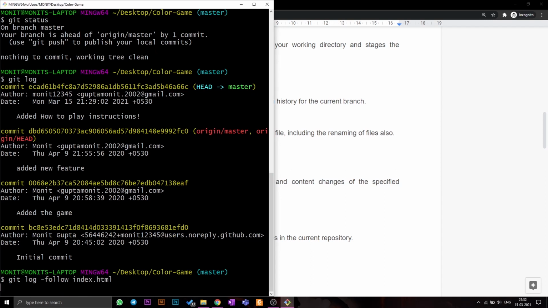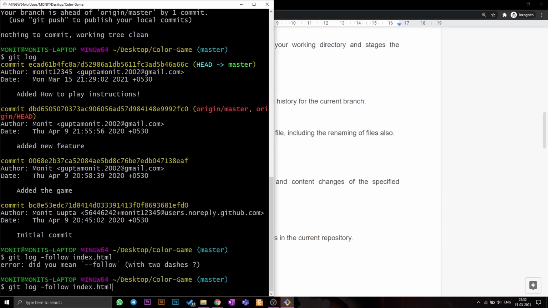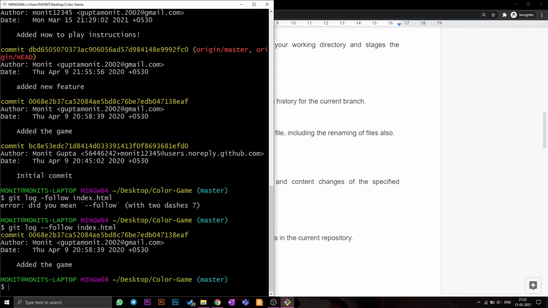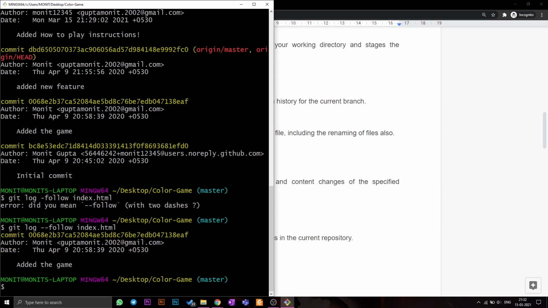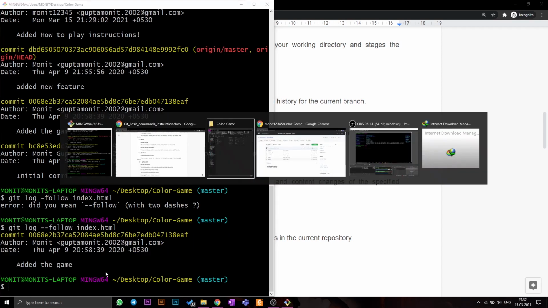Oops, it should be a double dash. Okay, so now I followed index.html. It shows me that I added it this day. I haven't made any changes to it. I made the game locally and then uploaded it at once, the whole thing together.